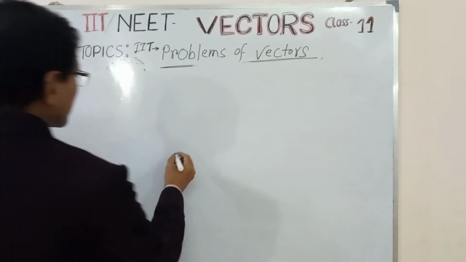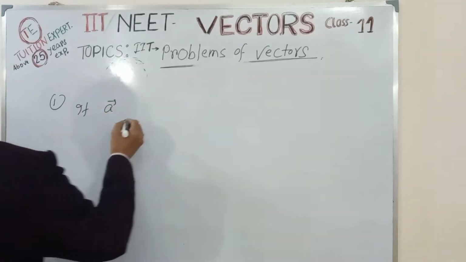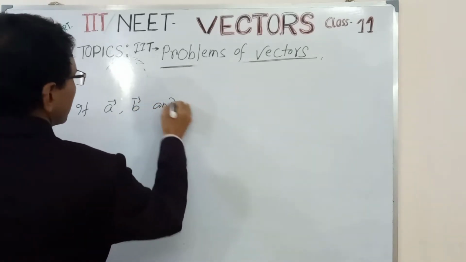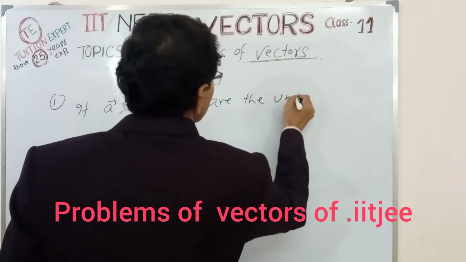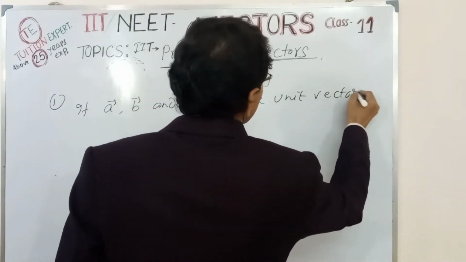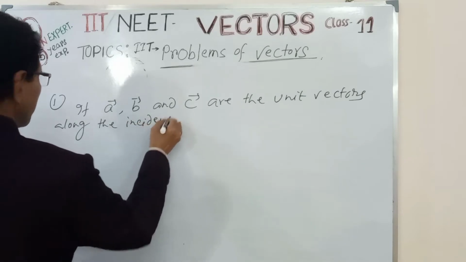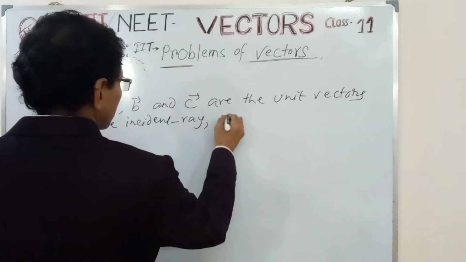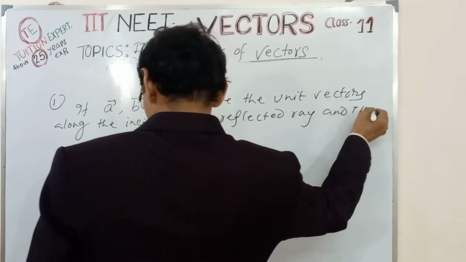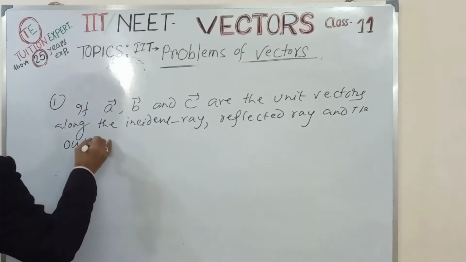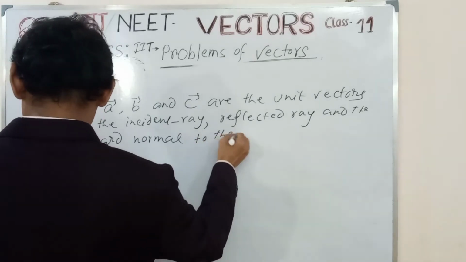First problem: suppose A, B and C are the unit vectors along the incident ray, reflected ray and the outward normal to the reflector,